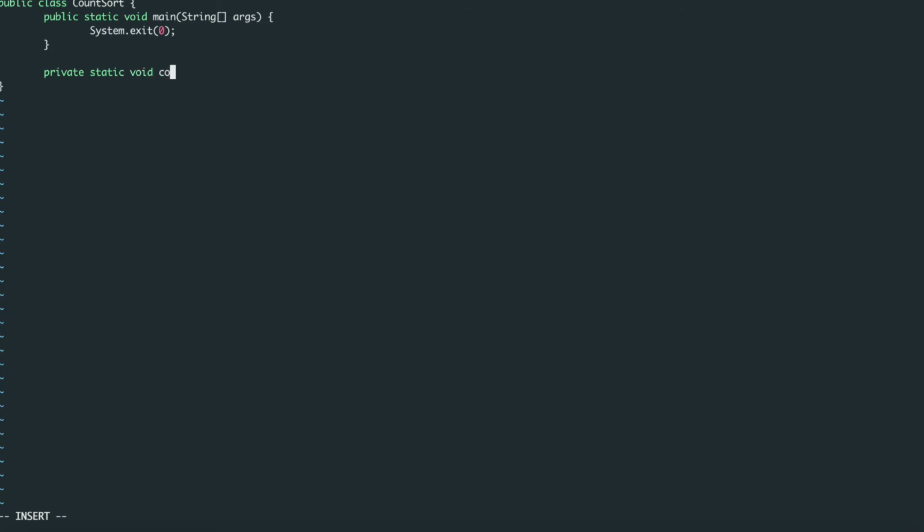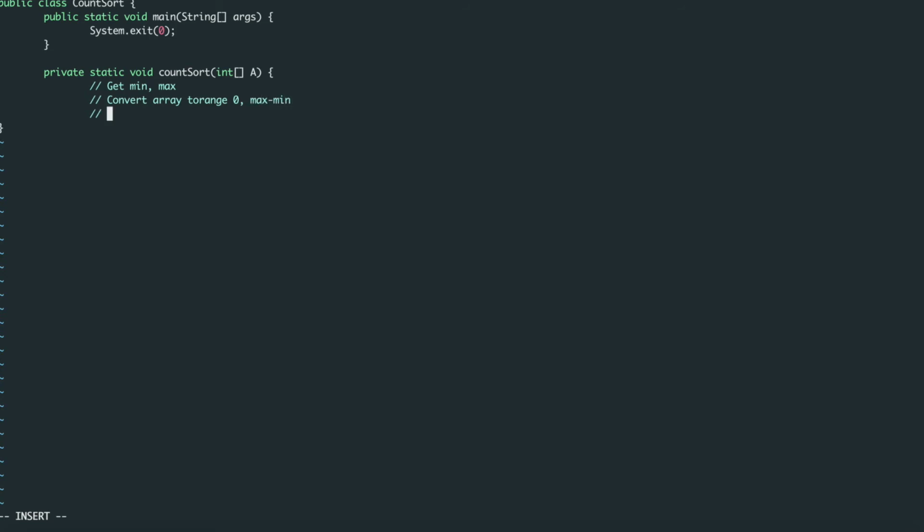So first step is basically get min and max. Okay, the second step is convert the array to range 0 to max minus min.